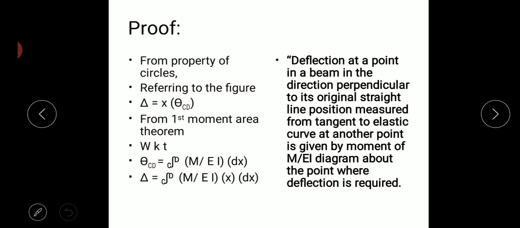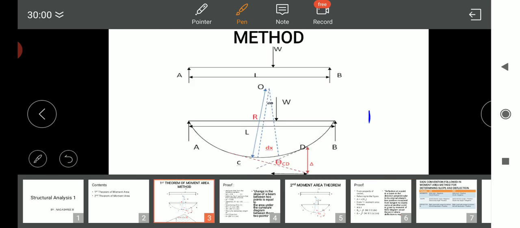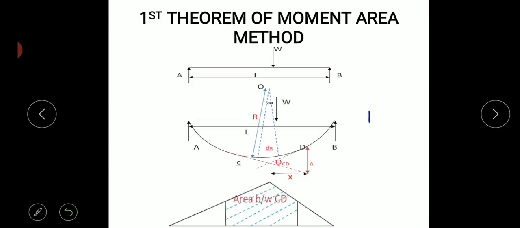In figure 1, in slide 1, I have the M by EI diagram here. It is in the form of a triangle. So if I want to find the deflection at this point, that is nothing but deflection can be calculated as